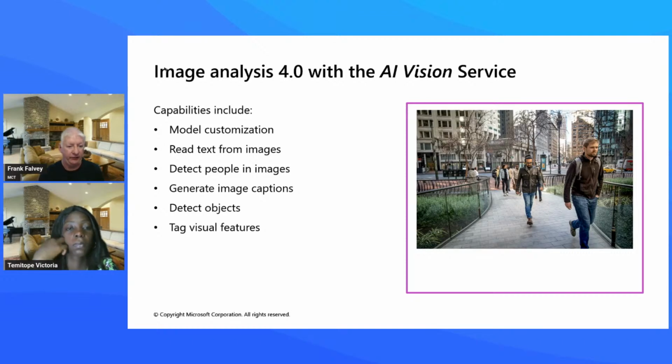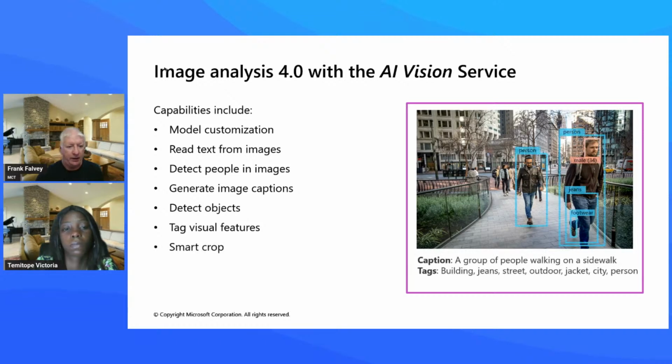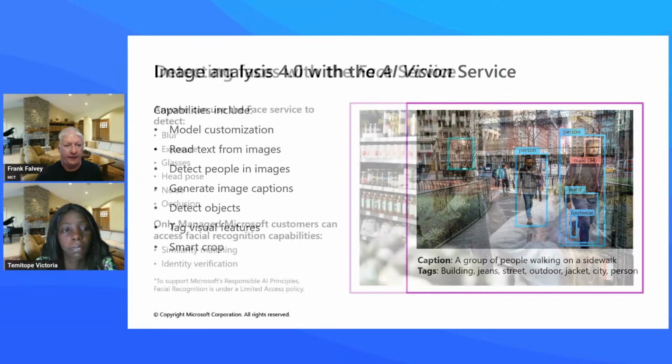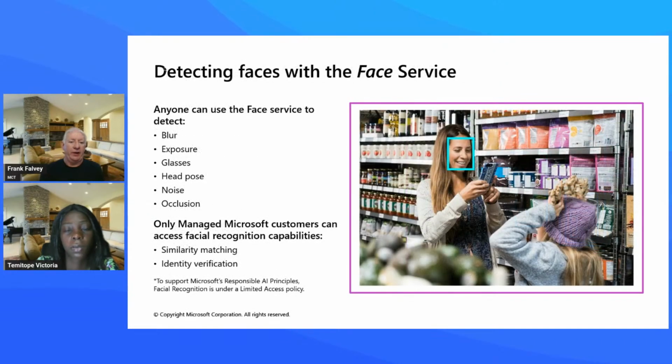You can tag visual features to easily recognize them. And smart crops, you can crop images. As you can see in the picture, the person is male, has jeans, footwear, that sort of stuff. So this is the kind of